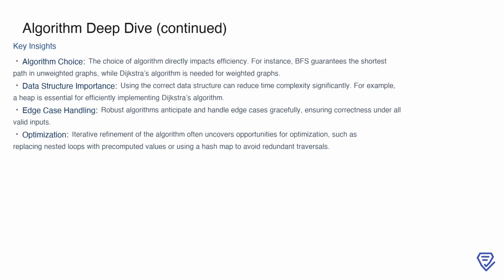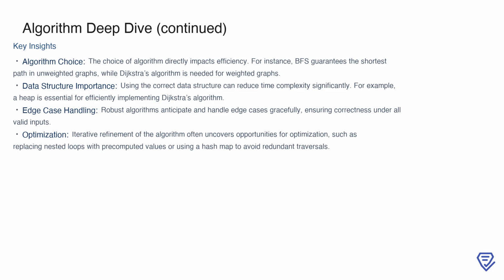Third, robust algorithms are designed to handle edge cases effectively. This ensures correctness across all valid inputs, even in challenging scenarios. Finally, optimization is an iterative process. By continuously refining the algorithm, you can uncover opportunities for improvement, such as replacing nested loops with pre-computed values or leveraging hash maps to eliminate redundant traversals. These insights are not only applicable to this specific problem but are also general principles for tackling a wide range